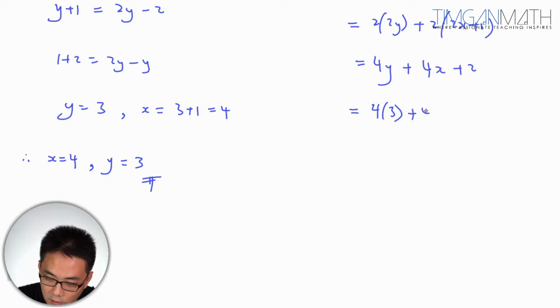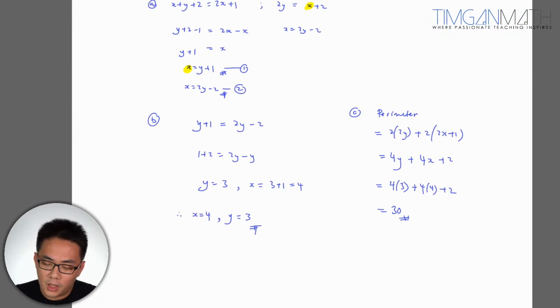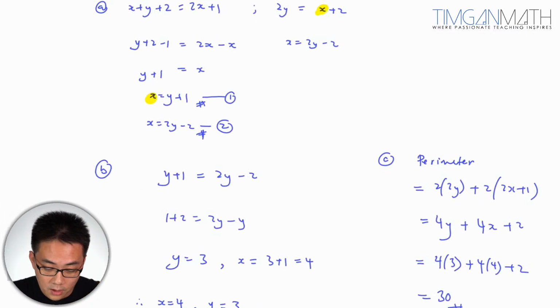So forgot to mention that you could actually use your calculator to check your answer. Okay, so 12 plus 16, 28, 30. Oh, 30. Okay, so yeah, forgot to mention that the simultaneous equation, you could actually use your calculator